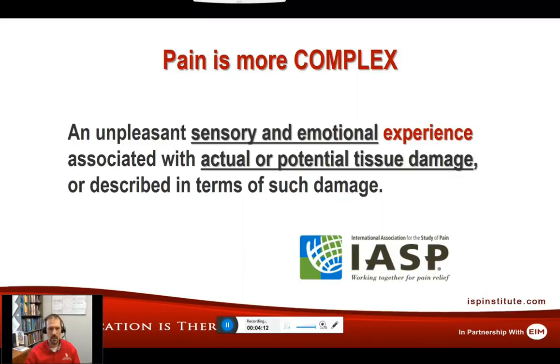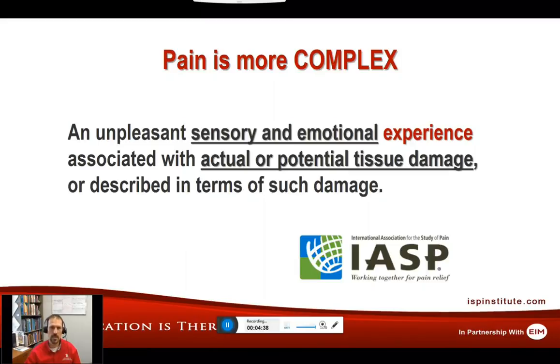We recognize now pain is always both. It's always both sensory and emotional. It always has both components, and we understand this from the neurology, both the medial and lateral pain pathways. As the nociceptive information enters into the brain, it's always going to have both these sensory and emotional components to it. It also has actual or potential tissue damage. Tissue injury in and of itself does not necessarily always have to lead to pain.